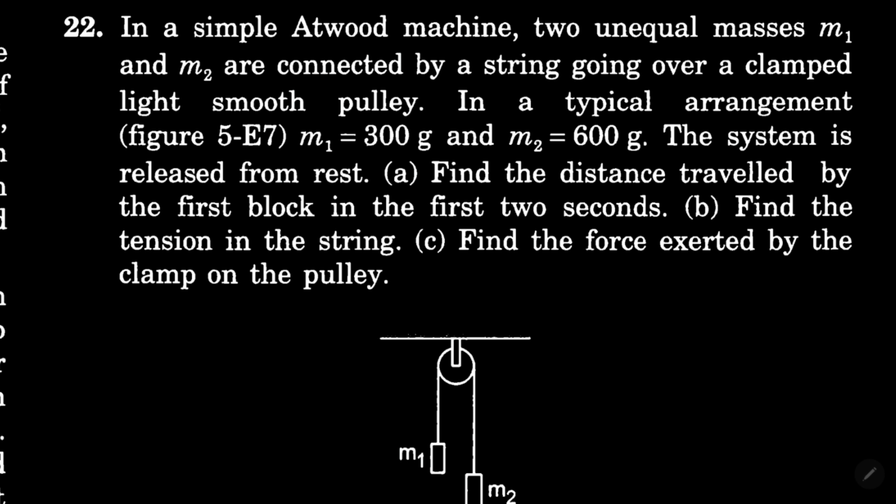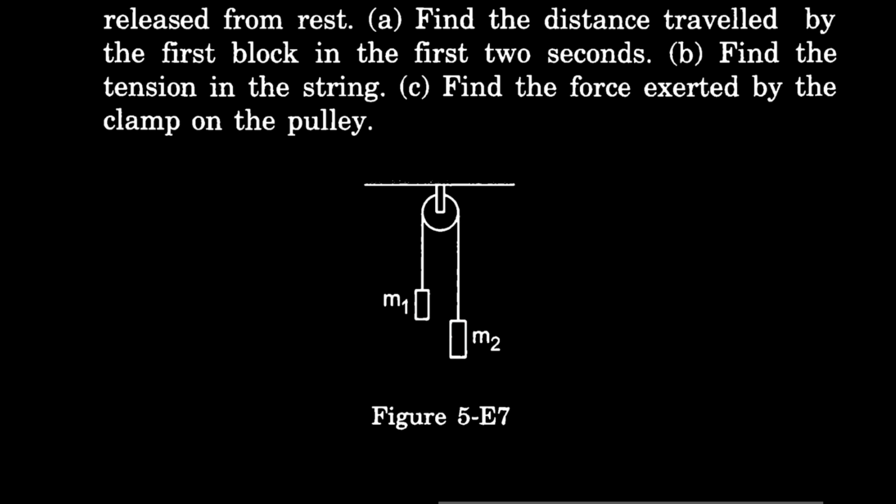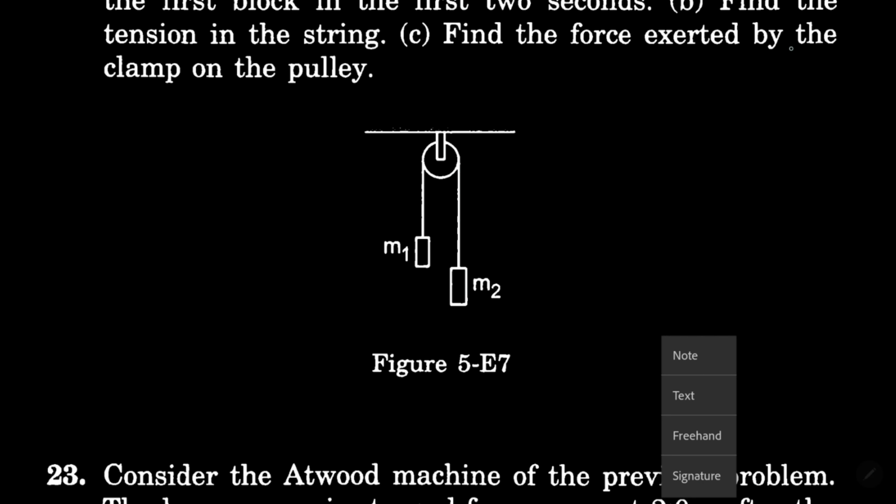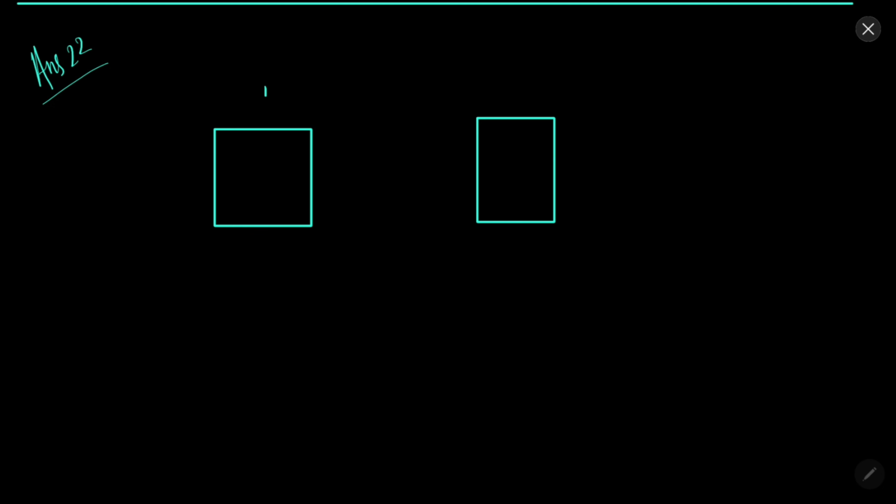In question 22 we have a simple Atwood machine in which two unequal masses m1 and m2 are connected. Now when this system is released from rest, we need to find distance travelled by first block in first 2 seconds and tension in the string, and also the force exerted by clamp on the pulley. So this is 22nd. So on the block A we have these forces, and on block B we have these forces. So tension, then m1g and m1a, then m2g and